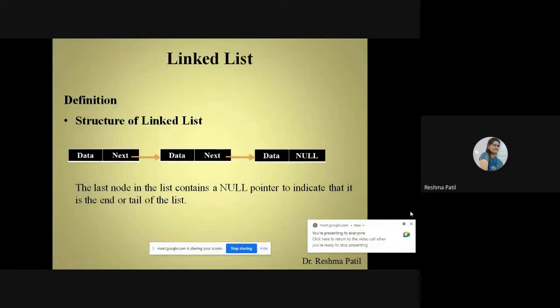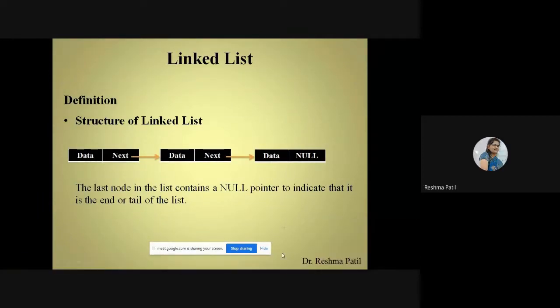Yes. So this is the structure of linked list, how we can show different elements or different nodes. The last node in the link contains null pointer, which will indicate that this is the end of the list. So you can compare this with railway also. This is your engine.